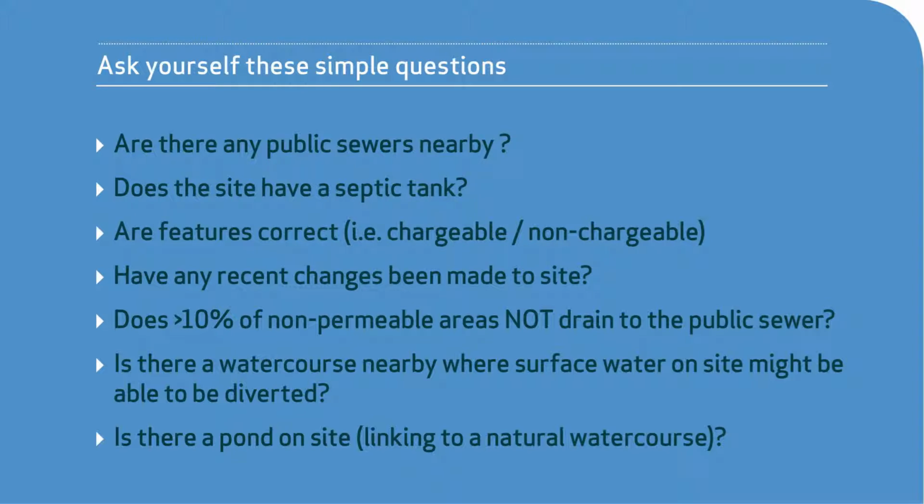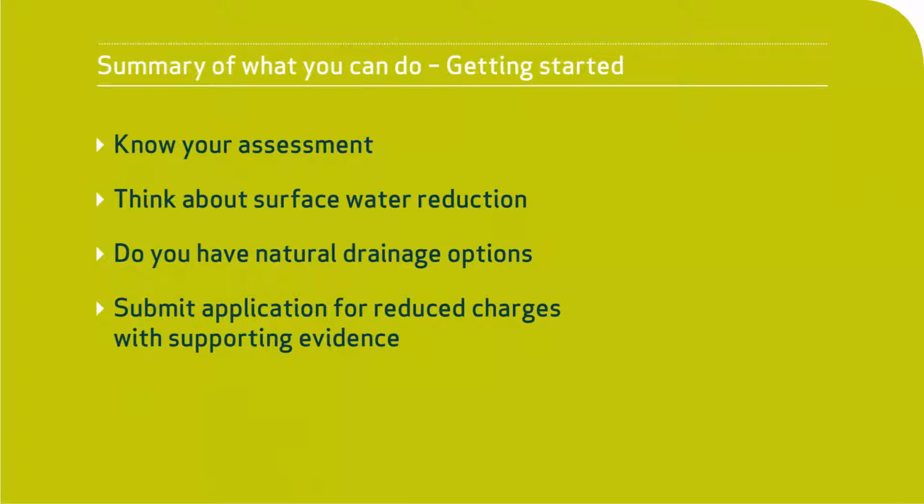Does more than 10% of non-permeable areas not drain to the public sewer? Is there a watercourse nearby or a pond on the site that you could potentially divert surface water to? You just might need to think about the permissions that need to be sought to do so. To summarise this section, here are some further pointers on how you can get started. So know your assessment. As said, get your site map, look at how we've assessed it, is it right? For surface water reduction, you could look at alternatives such as installing a soakaway,